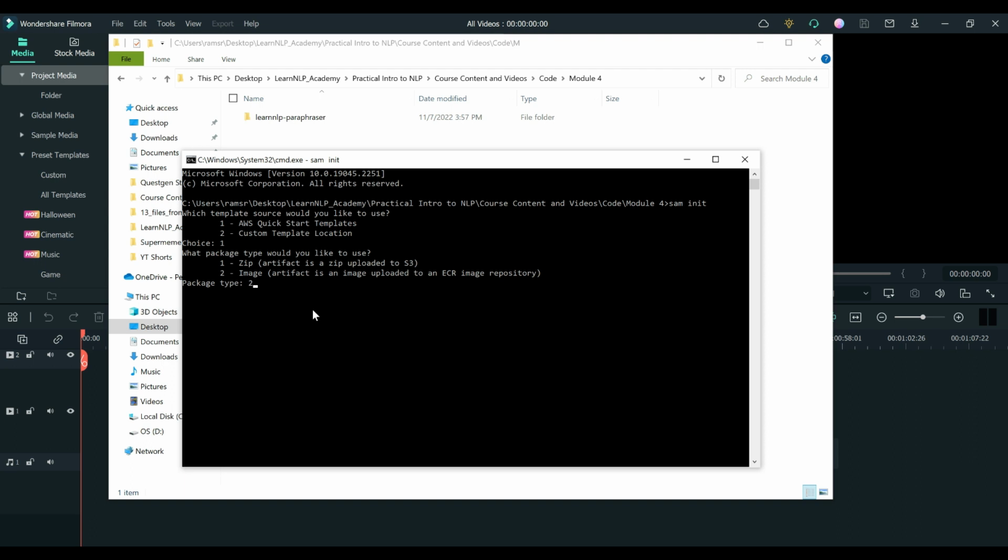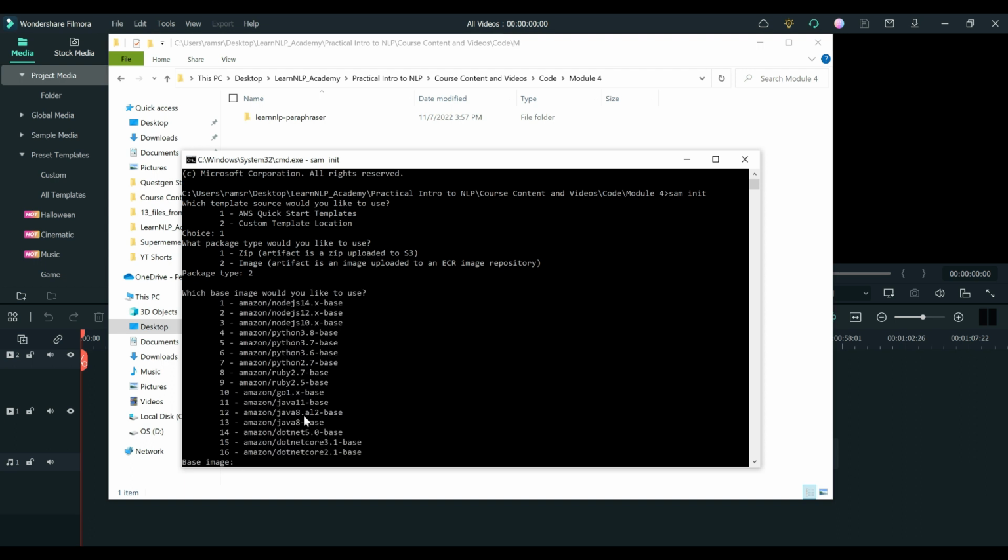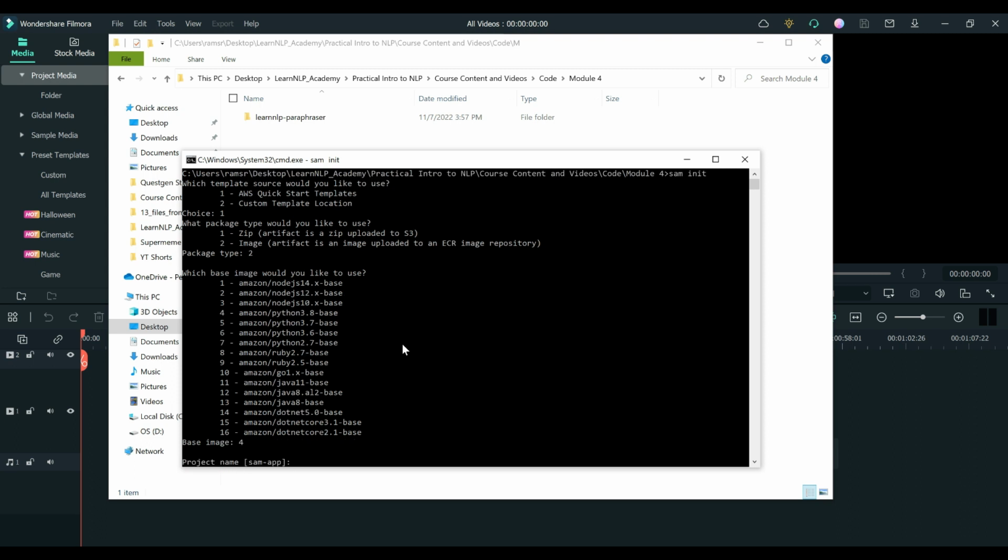So we are going to choose image, that is type 2, and again in here let's choose 4, that is Amazon Python 3.8 base, and the project name is, let's say, learn NLP text paraphraser,